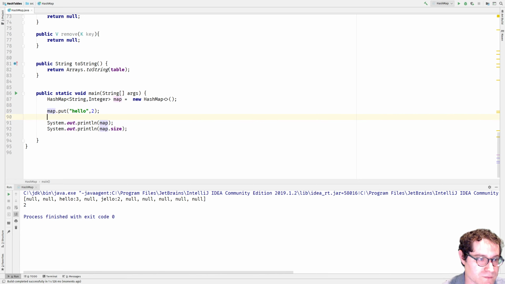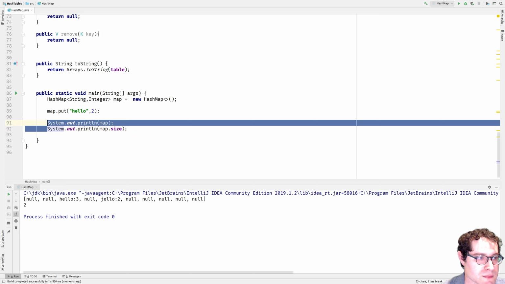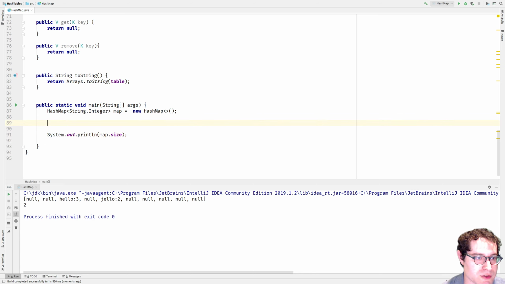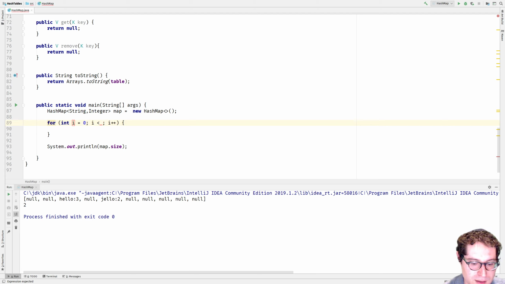So what we're going to do is for i less than 20, map.put, let's do the character a plus i, that'll be an integer, plus